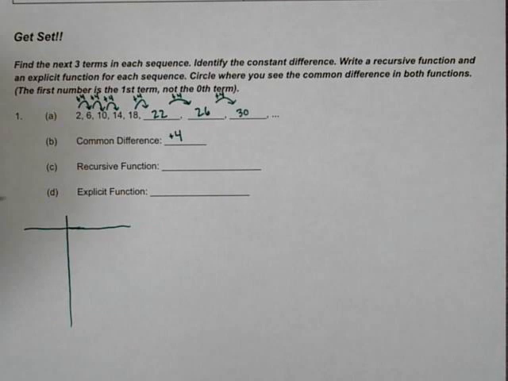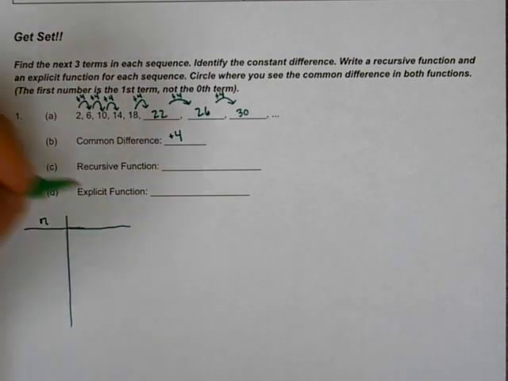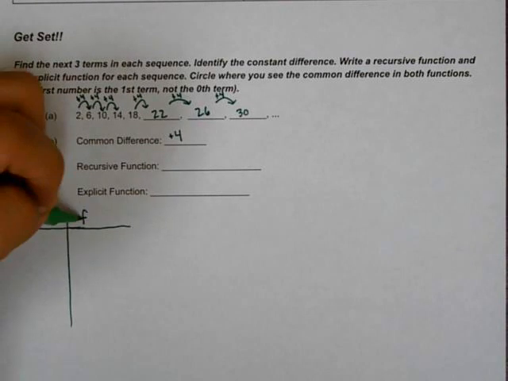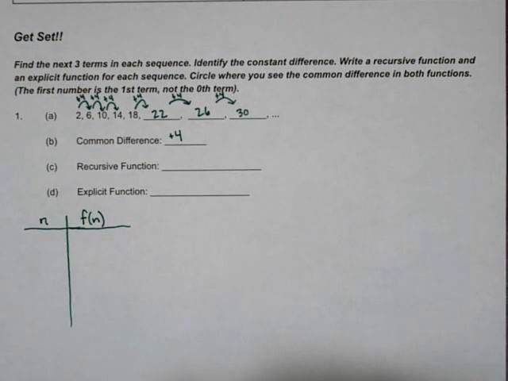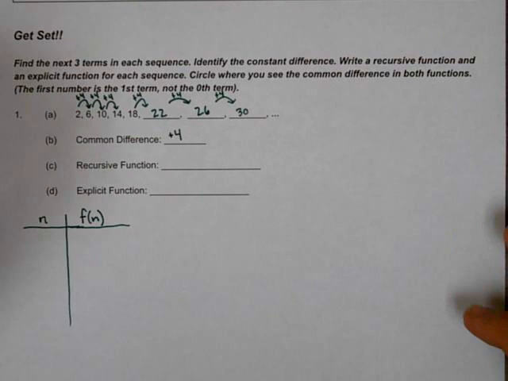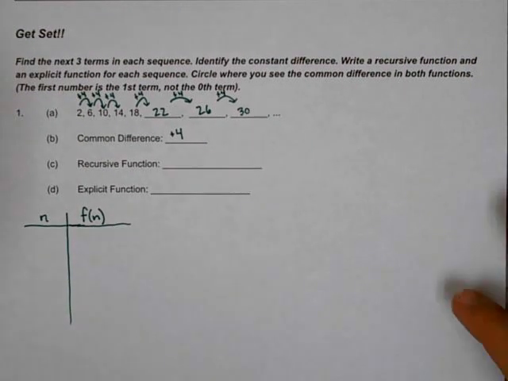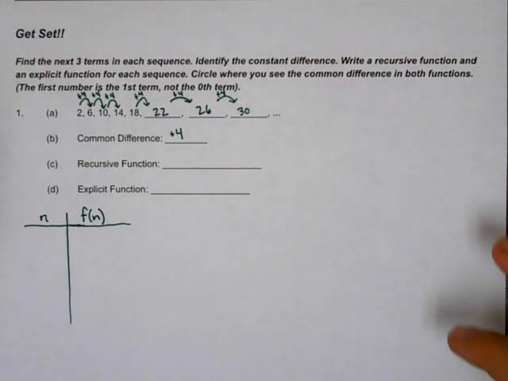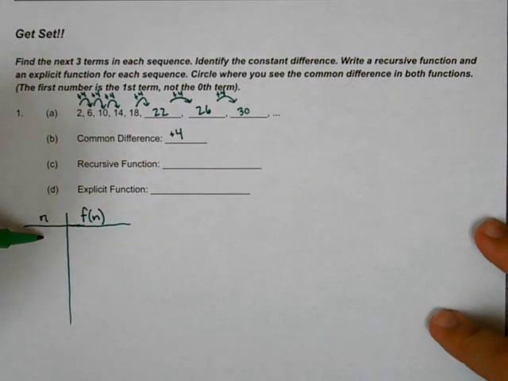I'm going to say that my term values are n, and the output values are f of n. Okay. So here's the problem, and I shouldn't say problem, but what's different from what we were used to. Usually we start here at 0, but now it's telling us the first number, this 2, is actually the first term. So I have to start with 1,